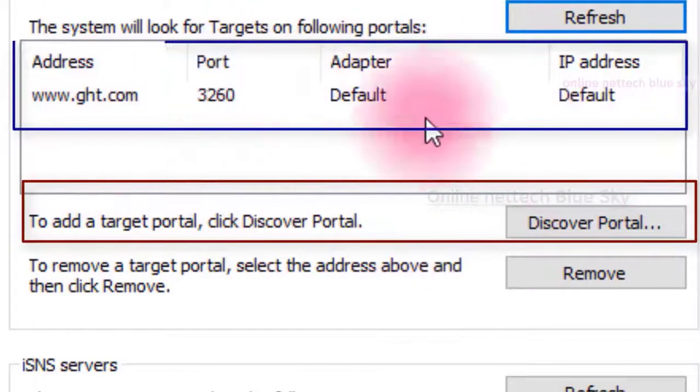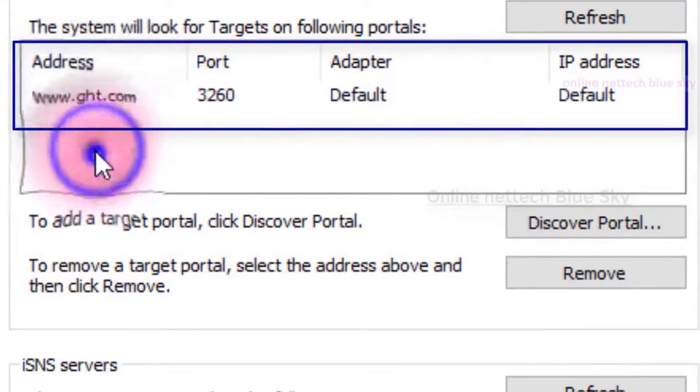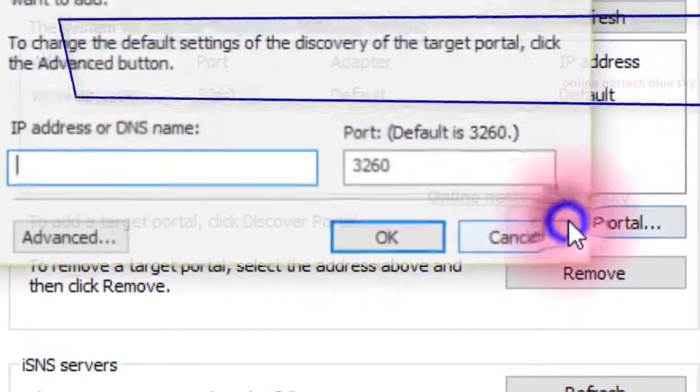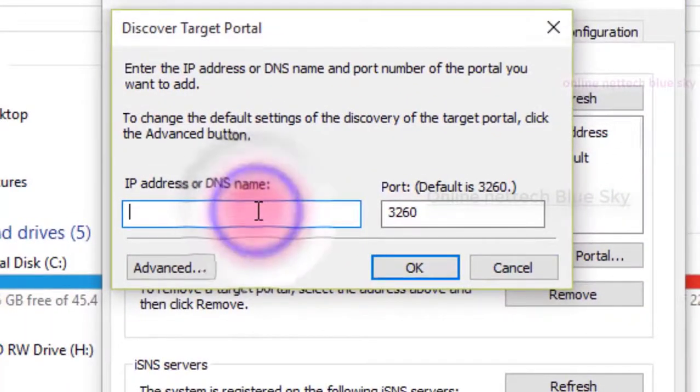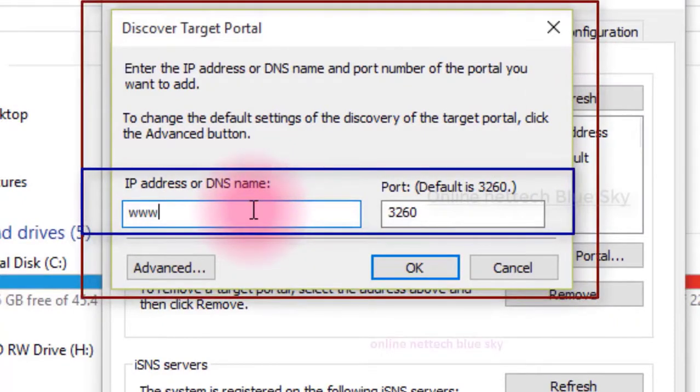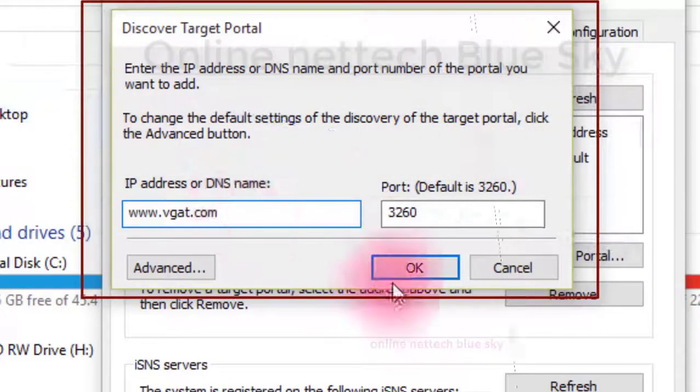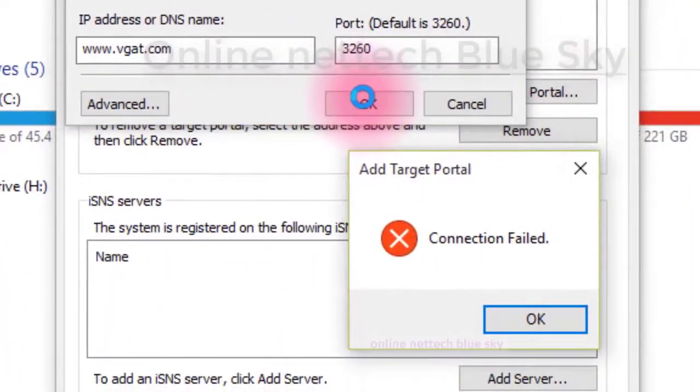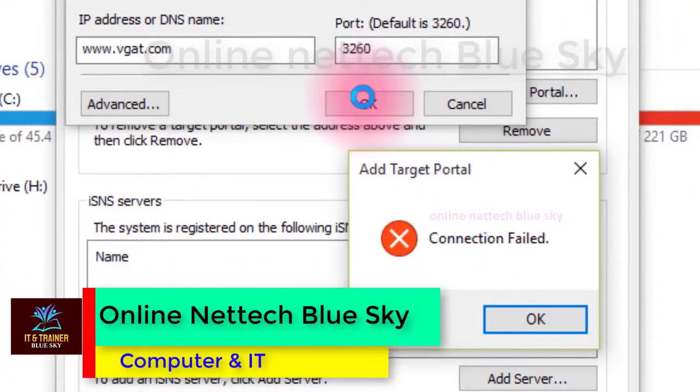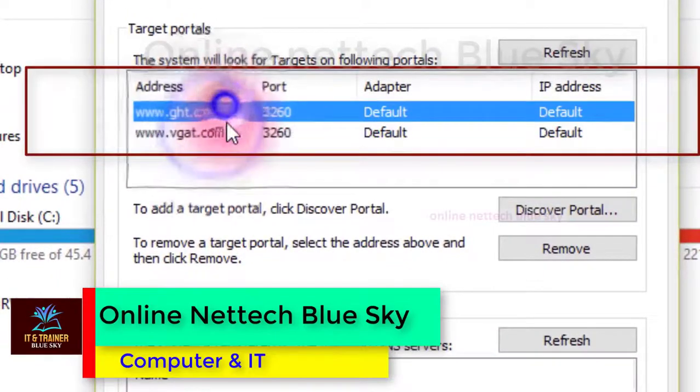First I'm showing my portal name and my IP address. You can add an IP address here. I first added my domain name here. Discover Portal shows your IP address and adds your system. So I first enter my domain name, as an example here: www.vj.com, and 3260 is the port. The connection failed, which means the connection never starts, because I have no